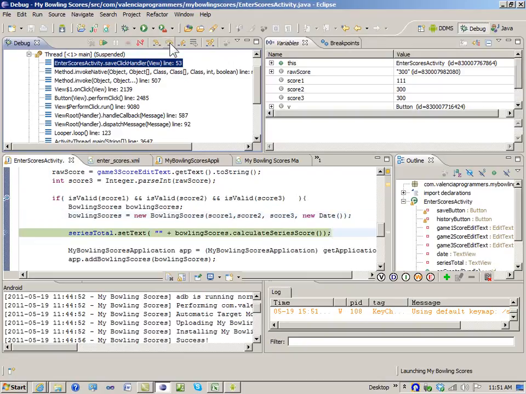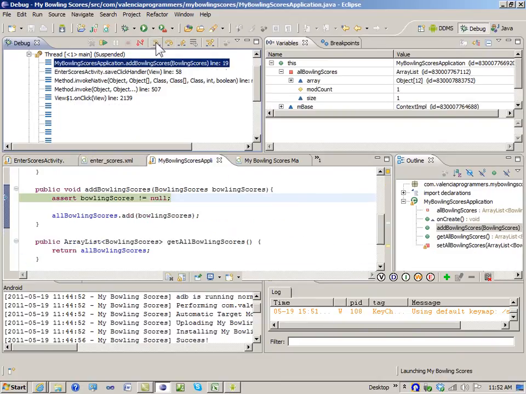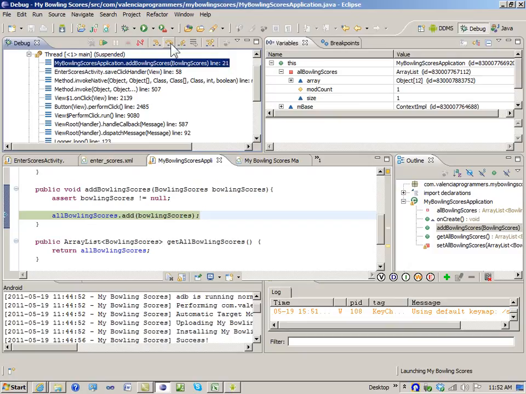Check if it's valid, make the bowling scores object. We have the new number that was entered by the user. The series total gets put on the emulator. Retrieve the app. I'm going to step into adding this object to the application. And when we do add that object to the array list in the application, now the size of that array list is 2. So we are collecting objects from the interface and we're putting them into an array list that's available